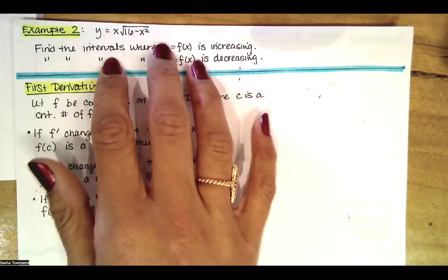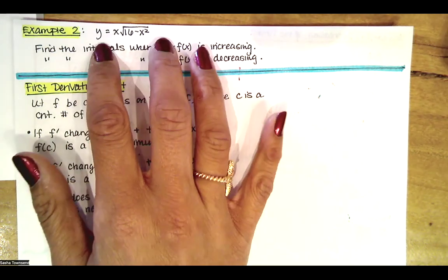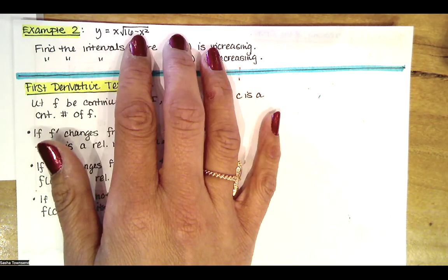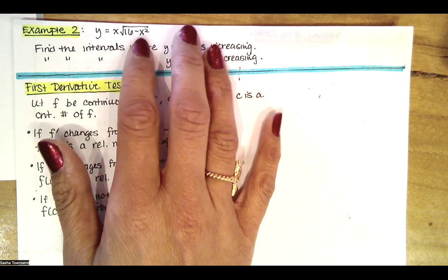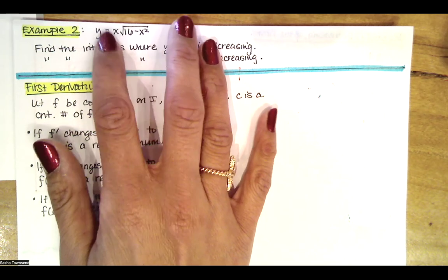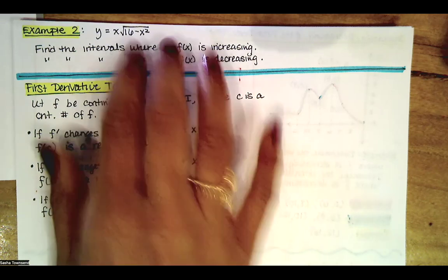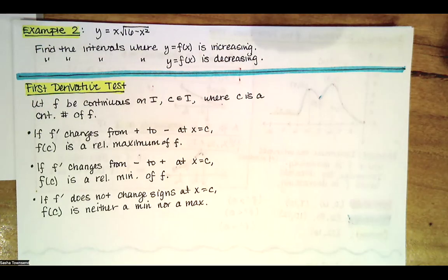In this video, we work our second example involving intervals where the function is increasing and decreasing. We've got this function. It's got a square root in it. It's a composite function involving a polynomial and a function of the rational exponent. And then we take a product of that function and add. We would expect it to be continuous on its domain, but we're interested in where the function is increasing and